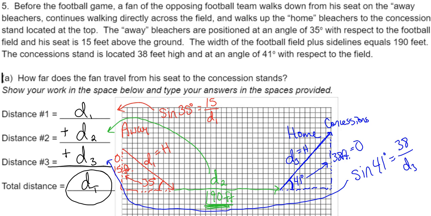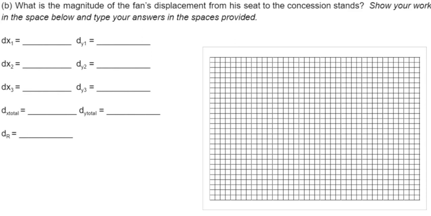Okay, so what we're going to do is diagram out the exact same thing. So they start from the away side, go down to the field, walk across the field, and then walk up to the concession stand. Okay, so we have all of these components. Remember, that's what we're doing here, vector addition by components. So to figure out the magnitude of displacement,